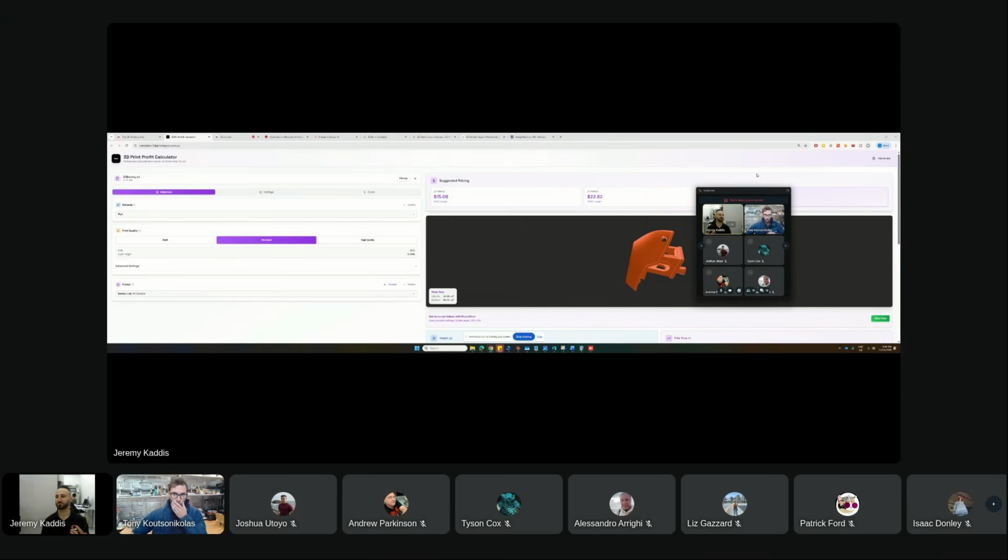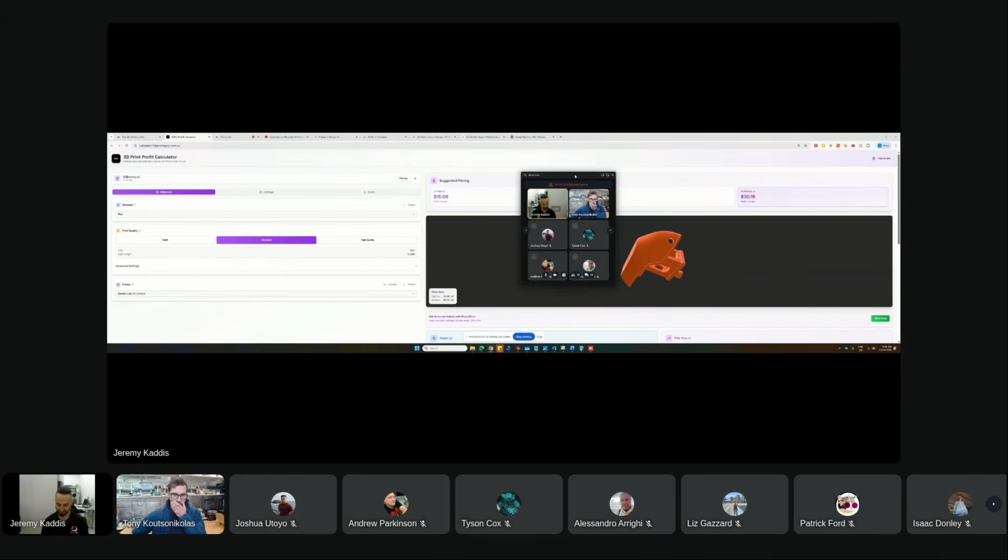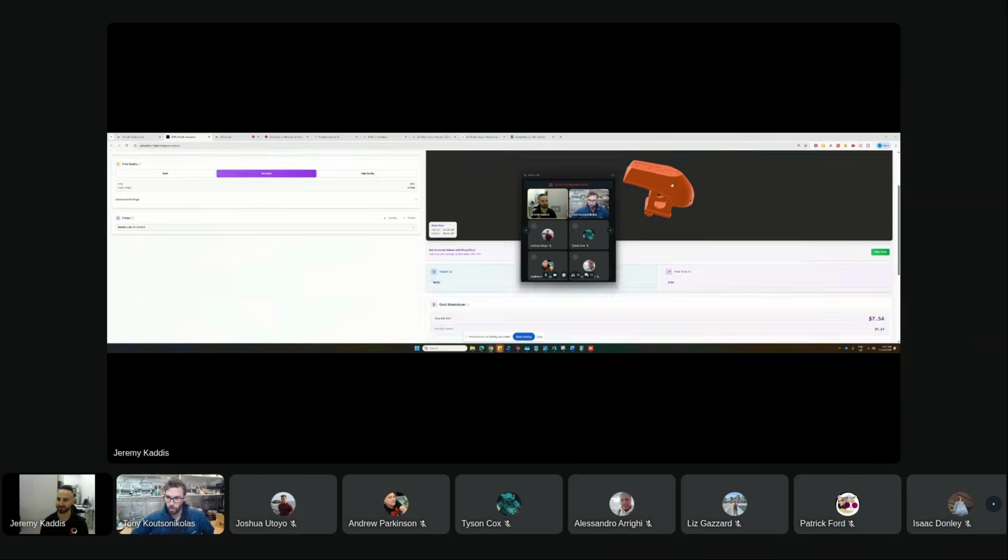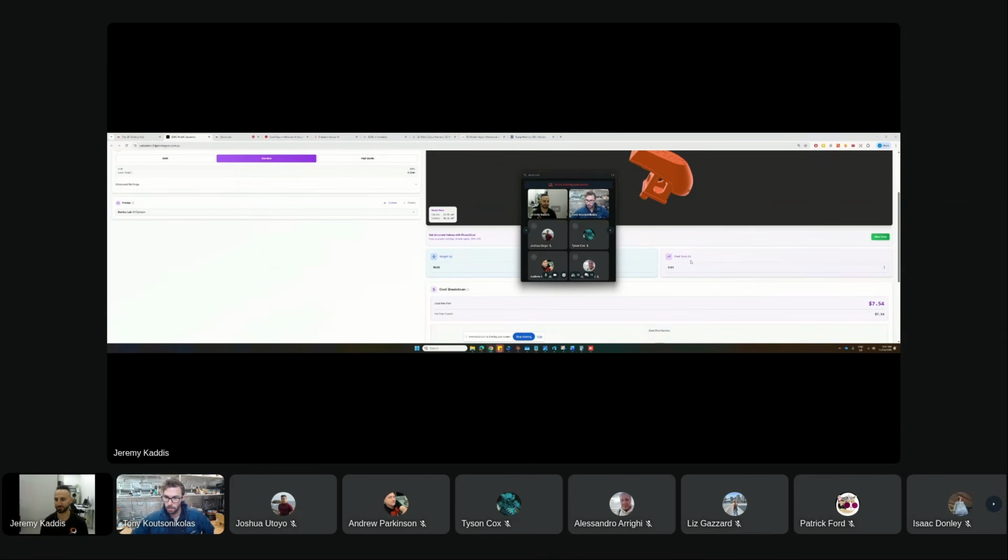Then what we did was we built on top of that. We took that coding calculator and we were like, okay, now we want to create a cloud-based slicer to be able to give more predictable weight and print time. I want this weight and print time to be exactly what you would have gotten if you had sliced it yourself, so that it remains consistent. Then it went and built a calculator and added on top of that.